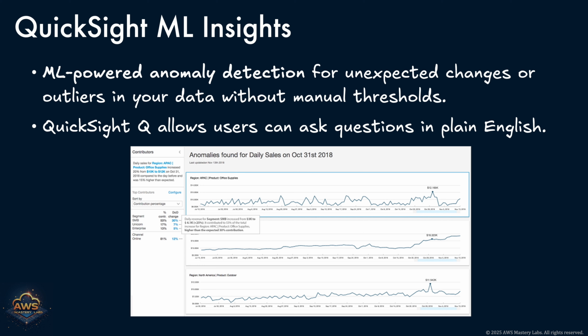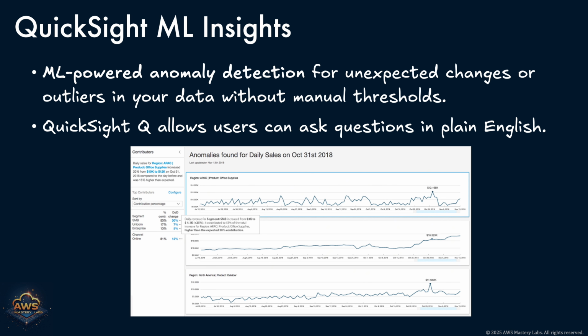One of the standout features is anomaly detection. QuickSight uses machine learning models to automatically scan your data and detect outliers or unexpected changes over time without the need to manually define thresholds. You can apply this to any time series metric, making it incredibly useful for monitoring operational KPIs and spotting issues